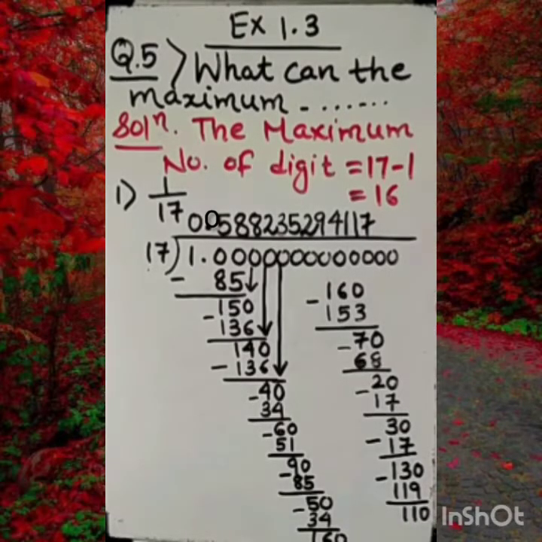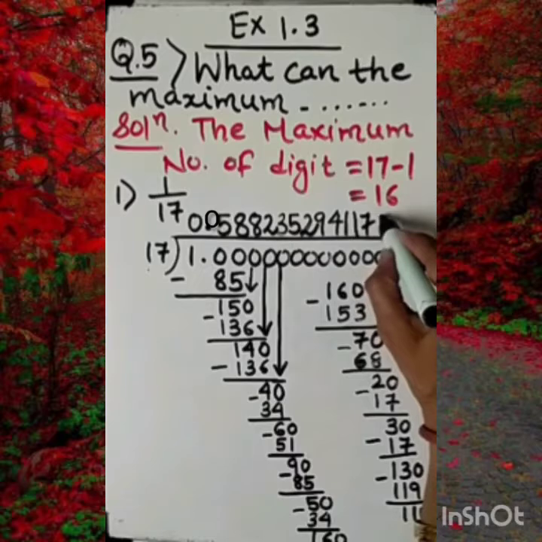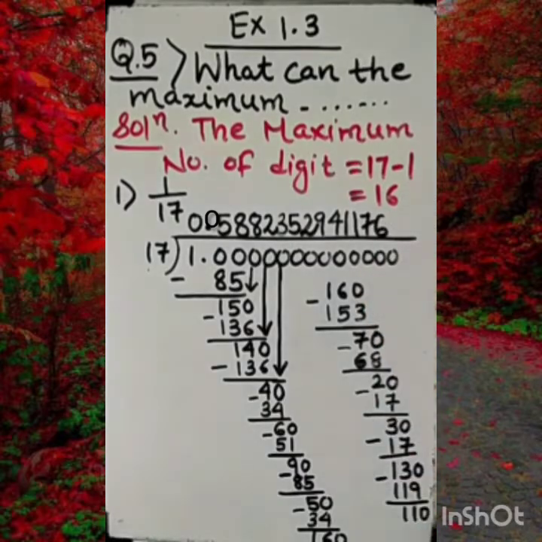Along with 0 here. So next go with the 6 now. Because 17 7s is 119, it will be bigger than this number. So one less number we are applying. So 17 6s, what is the result? 17 6s are 102. And you know very well, 110 minus 102 gives the result 8. 8 is a remainder.